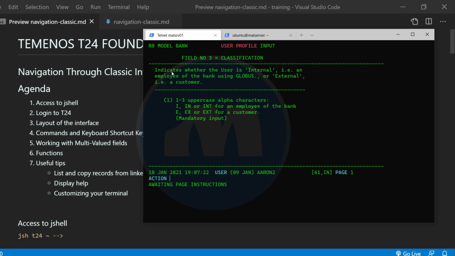You say it indicates whether a user is internal, employee of the bank using Globus, or an external customer. So you have two options, and you see how it is used. It can either be int or ext. Int for an employee, ext for external user or a customer. Boom. You have access to help. Okay? So these are super useful tips which can help you to boost your productivity while working with T24 Classic